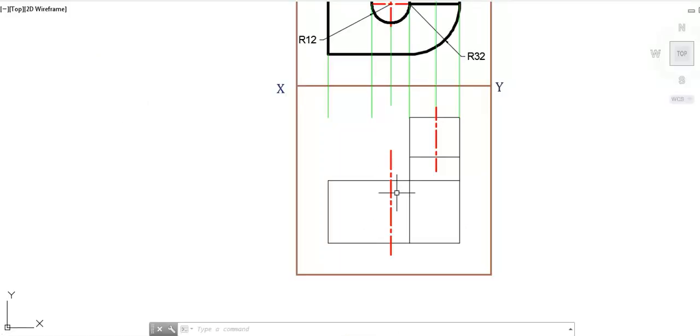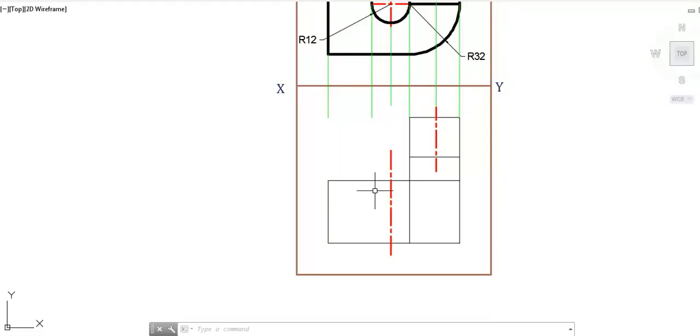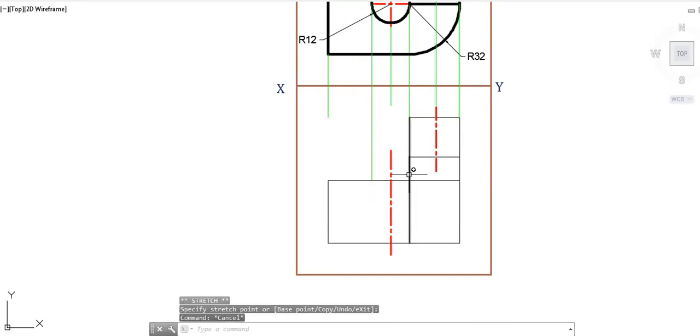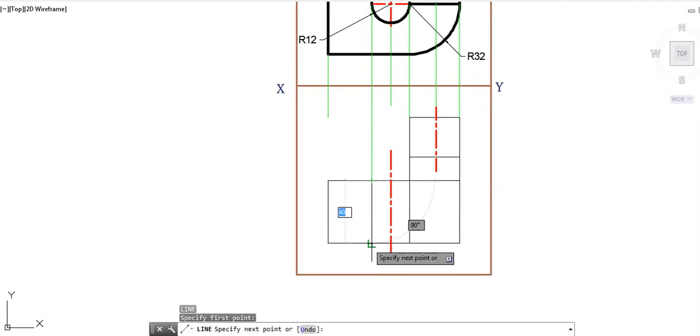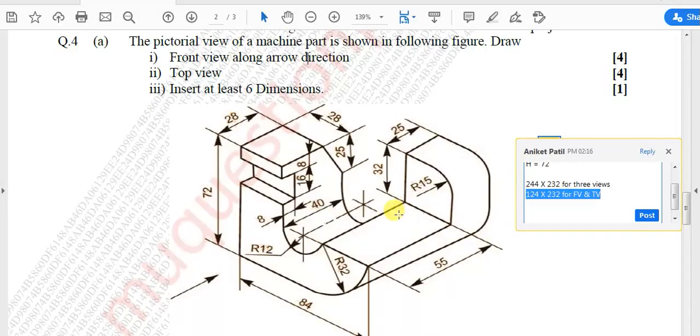So let us look at this particular part. This particular surface, being straight in nature from top, will be seen as a straight line, like we can see, and hence at this particular projection there will be a continuation of the line, and that is how the two lines will represent this surface and this particular surface.